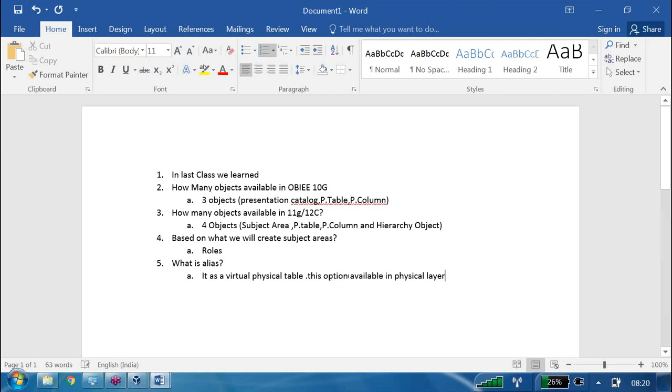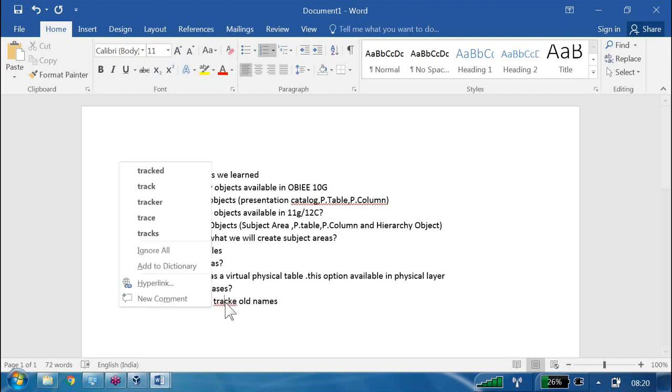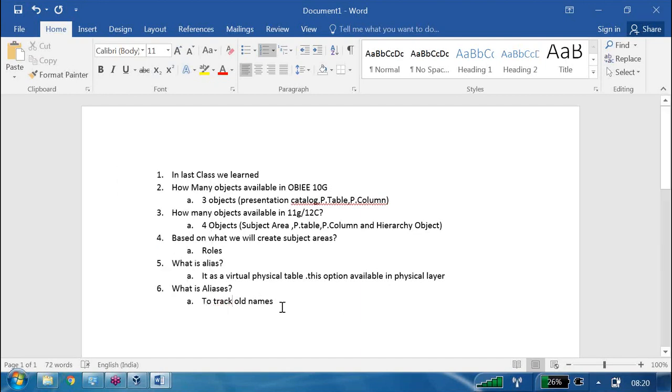Next, what is aliases? It is useful to track old names of presentation layer objects.